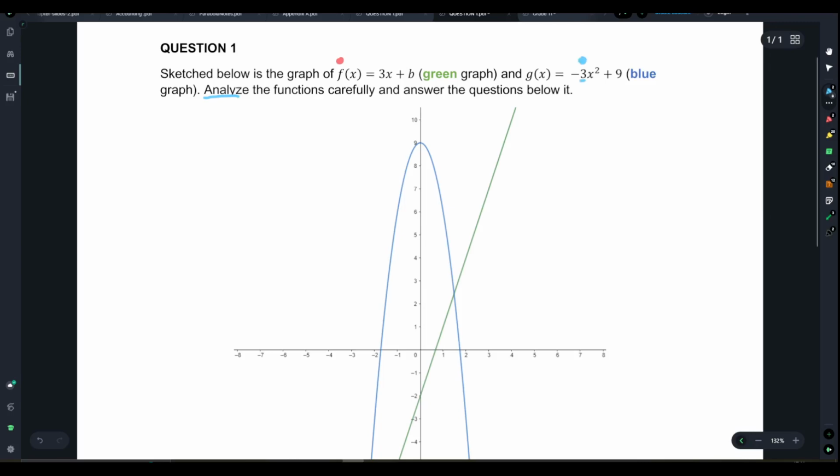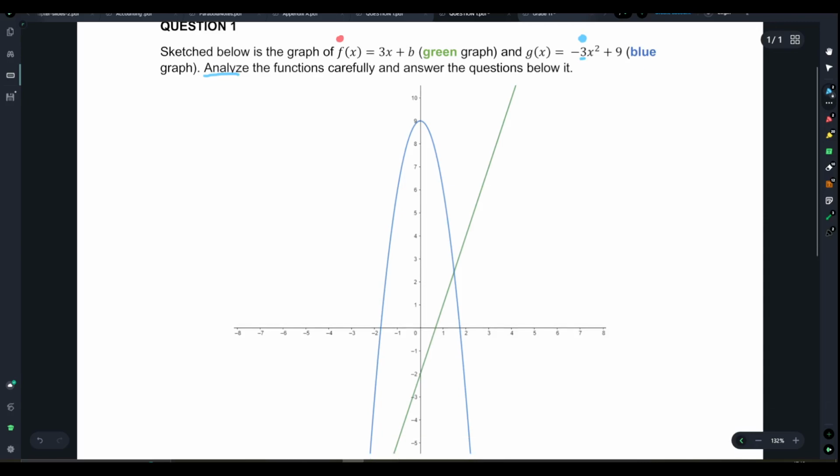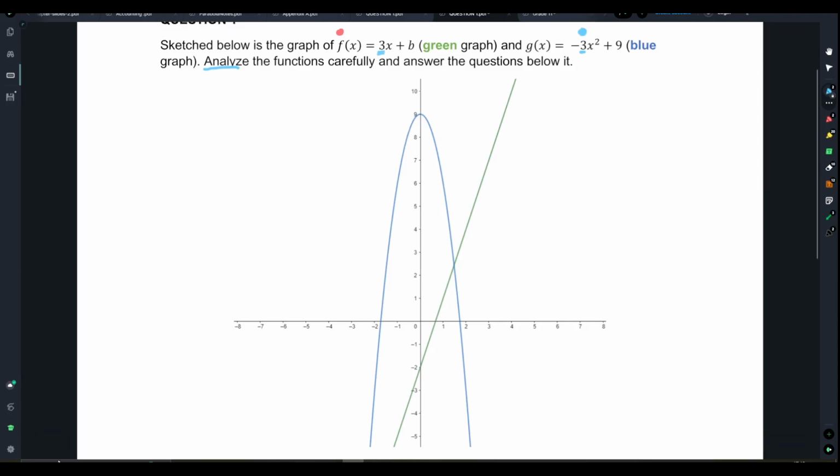Now this function, the green one, is increasing because the value of a, or the gradient, is positive. So now we're making progress. I want you to remember, once you see a function,